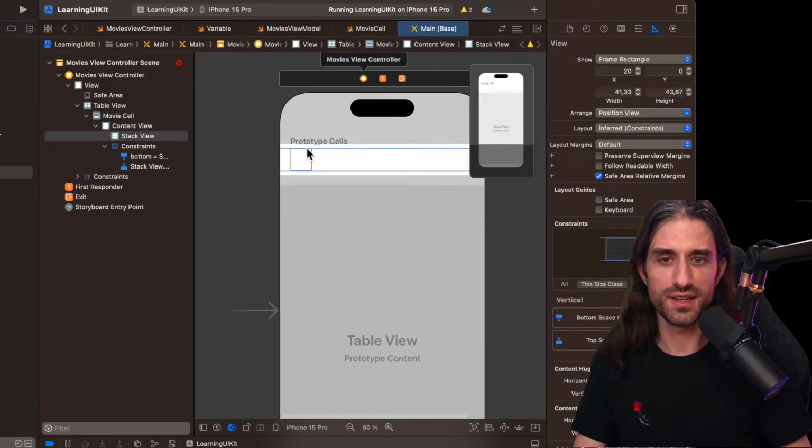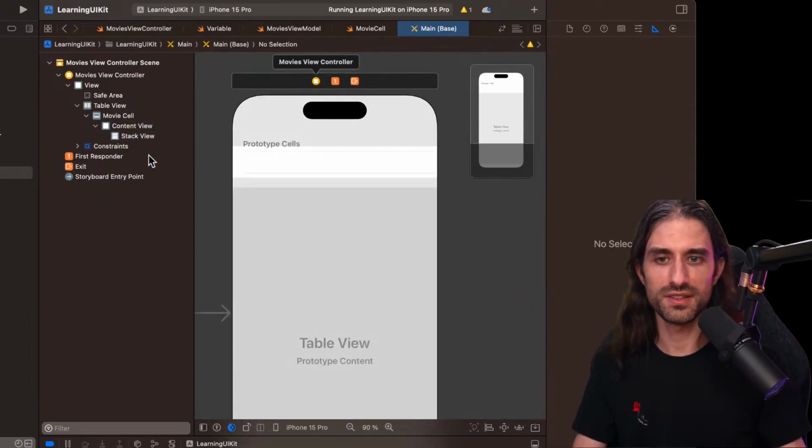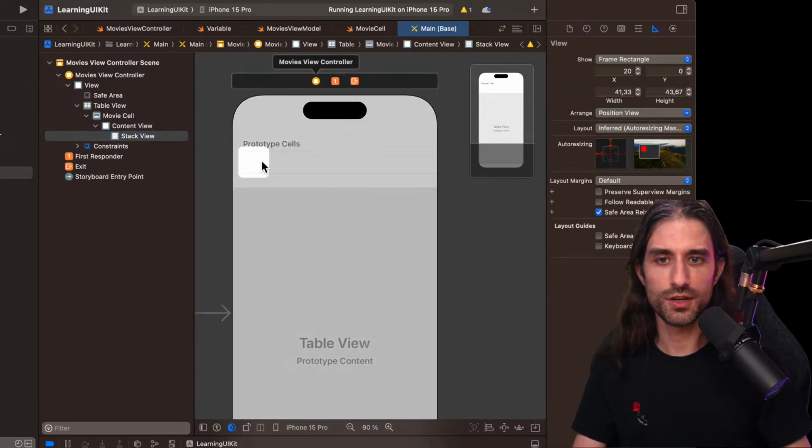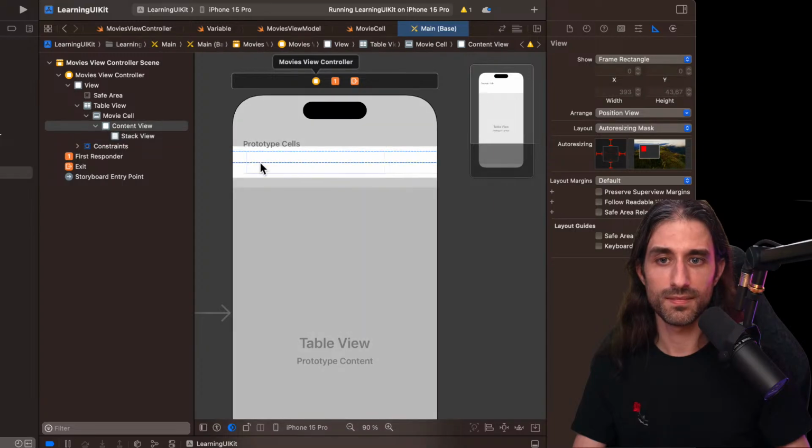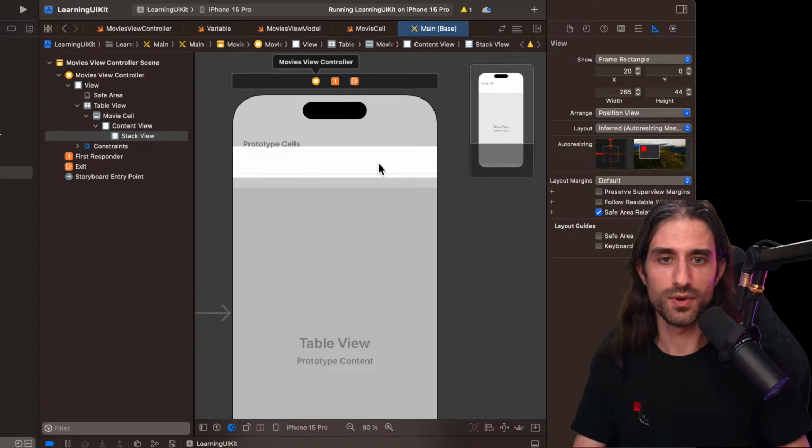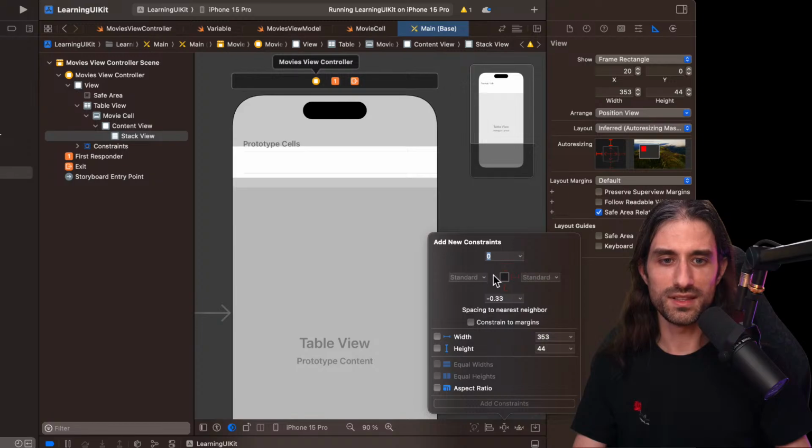So what I'm going to do is remove all of the constraints. I'm going to try and position my stack view like this. I'm trying to move it. Can I just move it around? Yes, so it's here, and then trying to make it grow. You're supposed to have some handles to make it grow. Okay, the handles don't appear. That's great. So I'm trying to make it work.